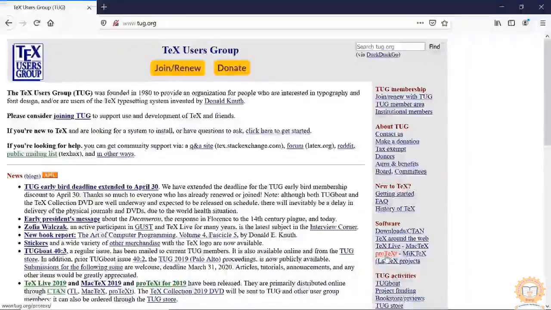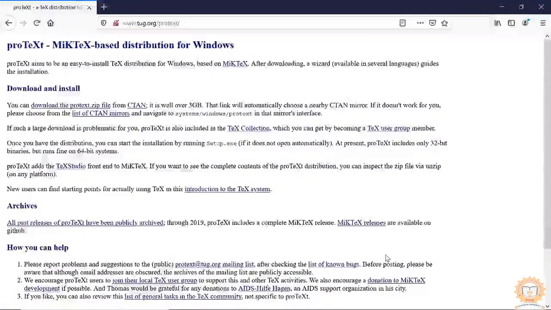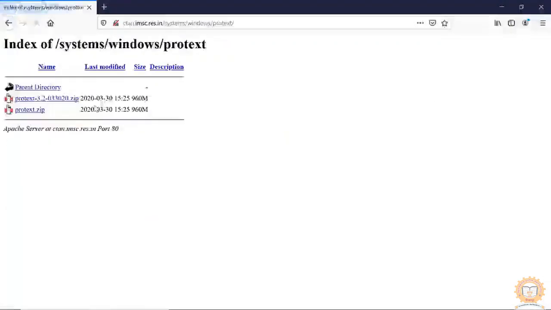Click on this link. It will open another window, and here you can download the ProTeXt zip file. It is a single zip file, so click on it. This is the latest one, or this one, you can download anything.